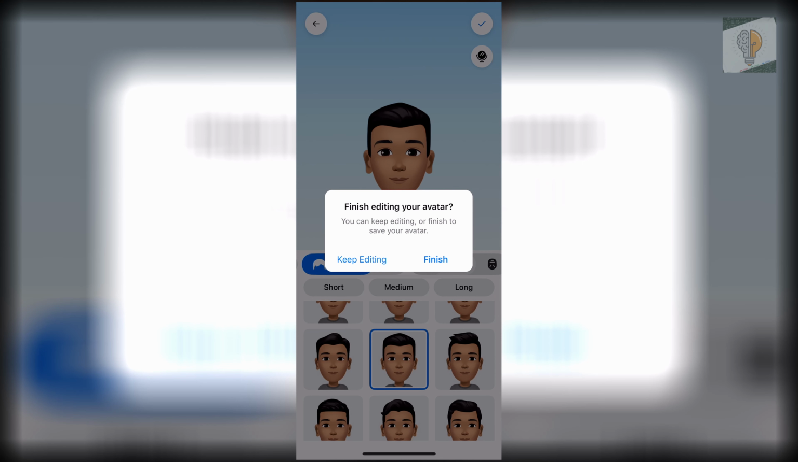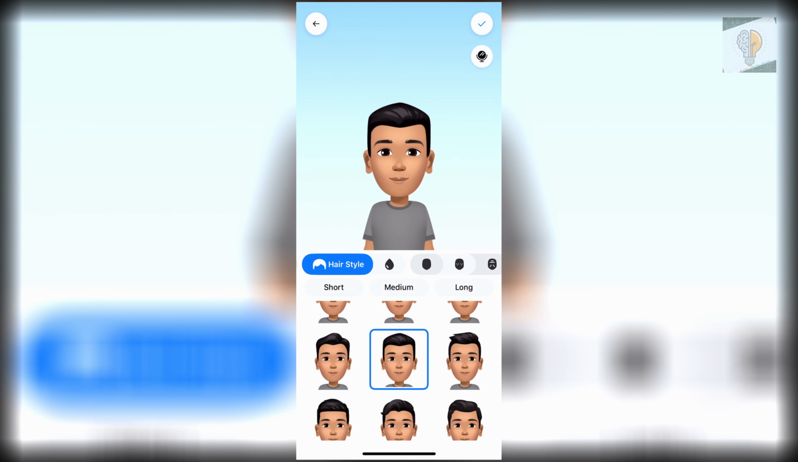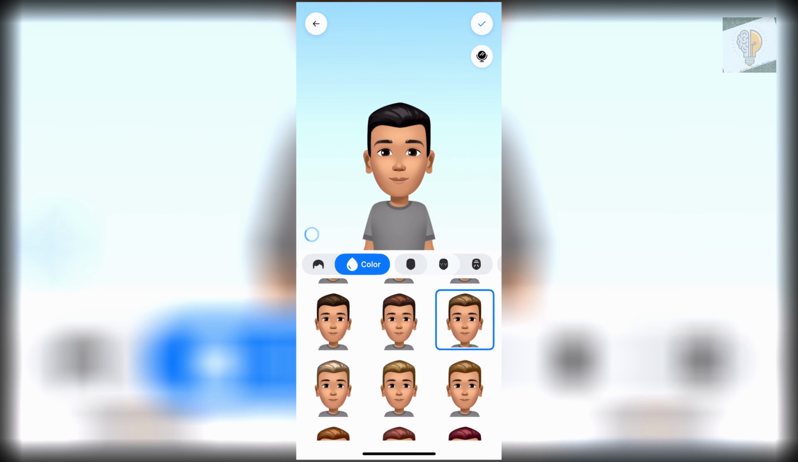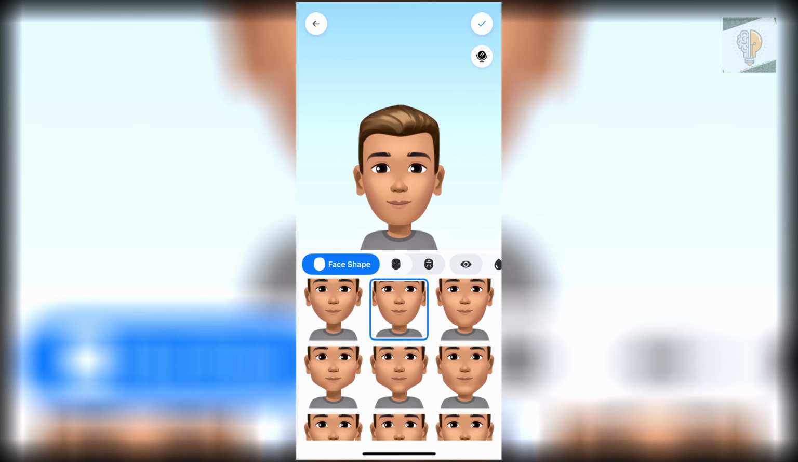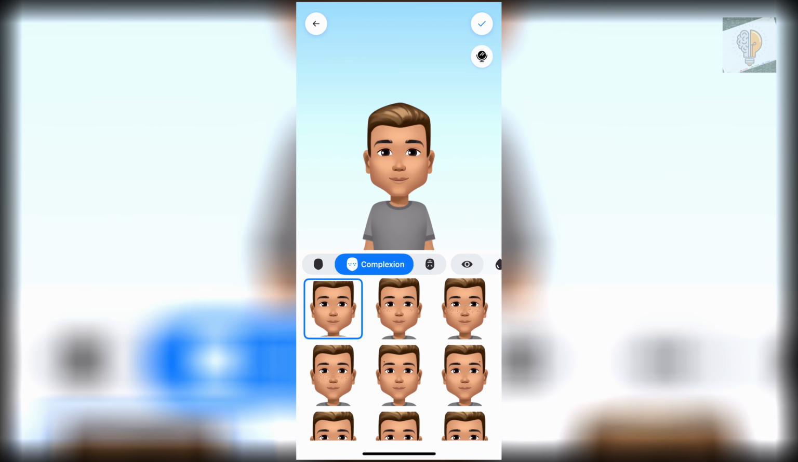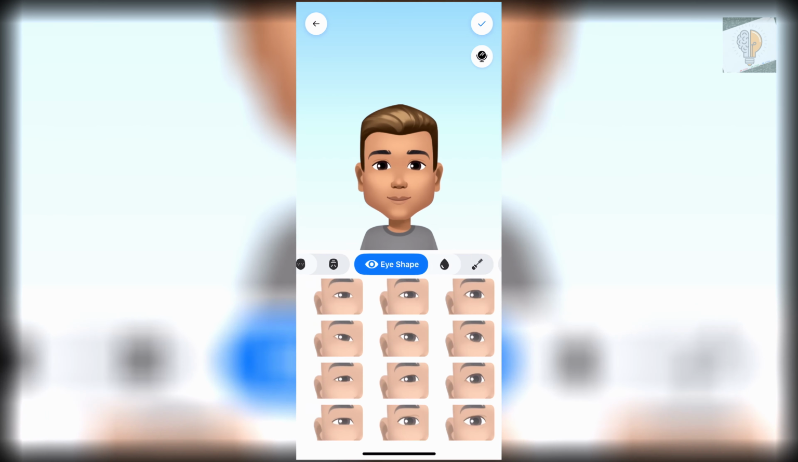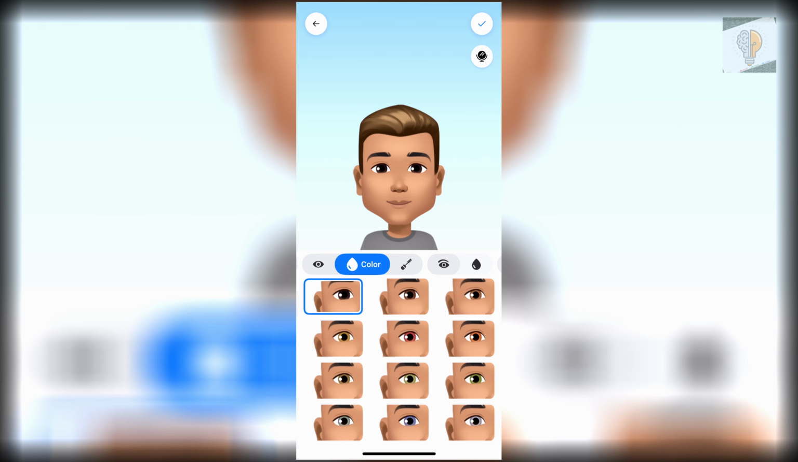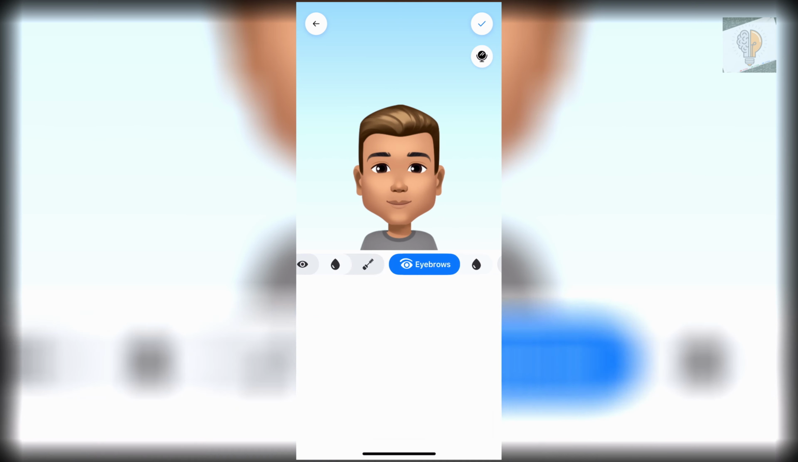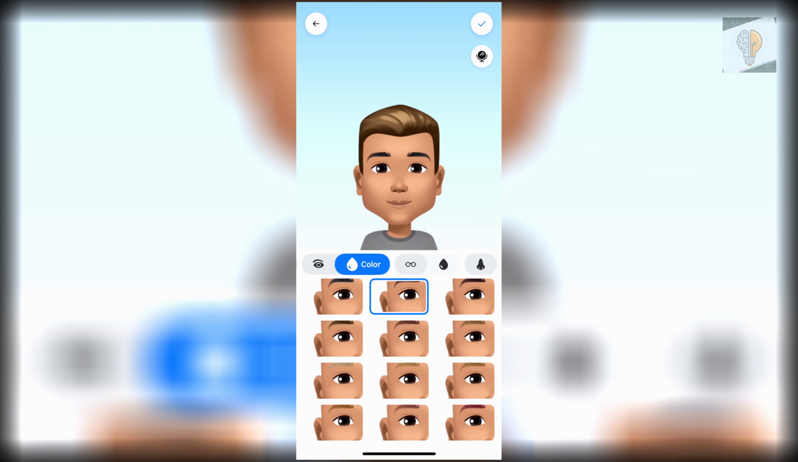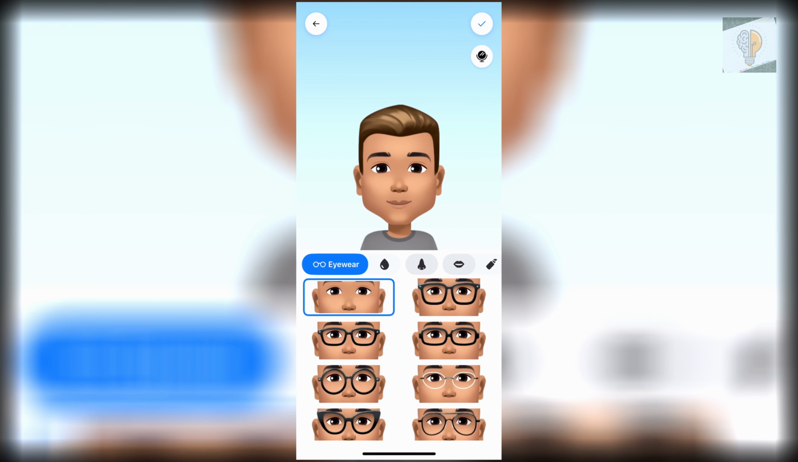And you could either choose just to keep it like this, or you can choose close and stuff like that. So for the video's purpose, we'll continue on here. Let's do color. Then you could choose your face shape, complexion, lines, eye shape, color, makeup, eyebrows, color of the eyebrows, eyewear,